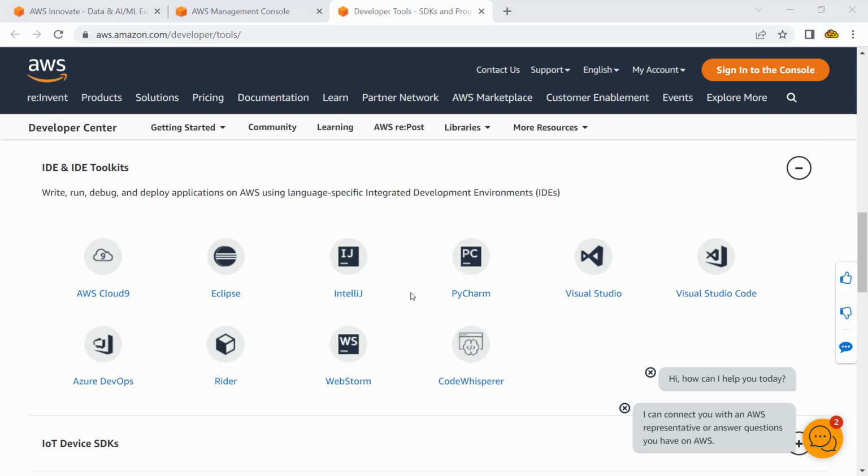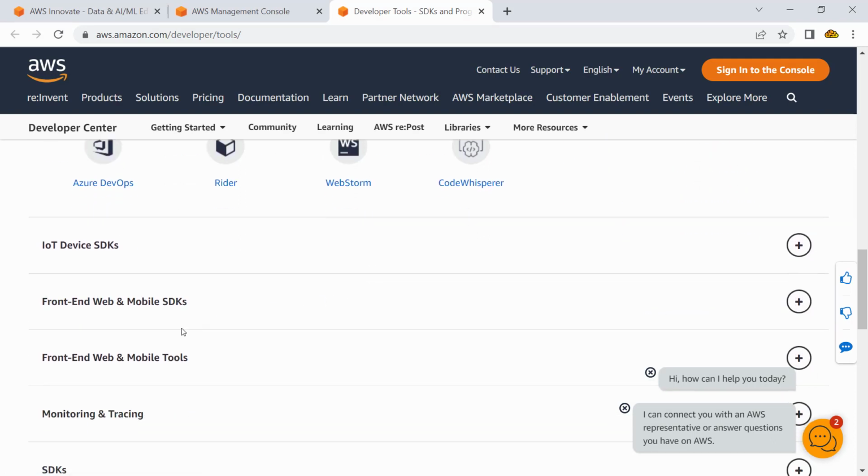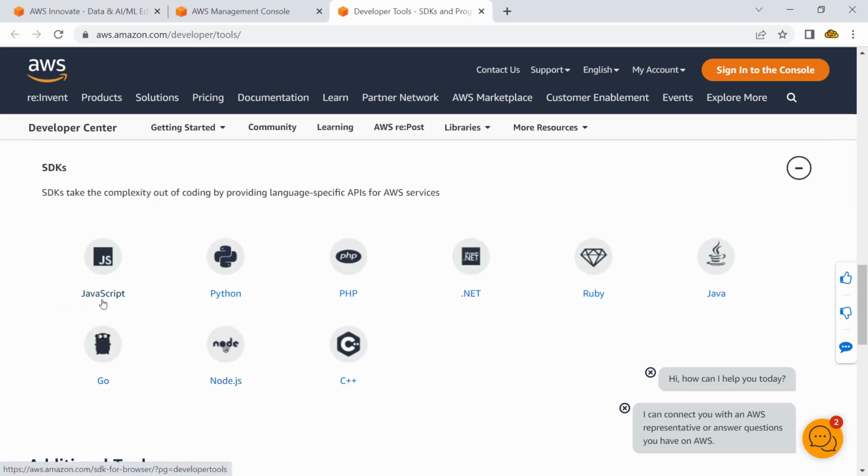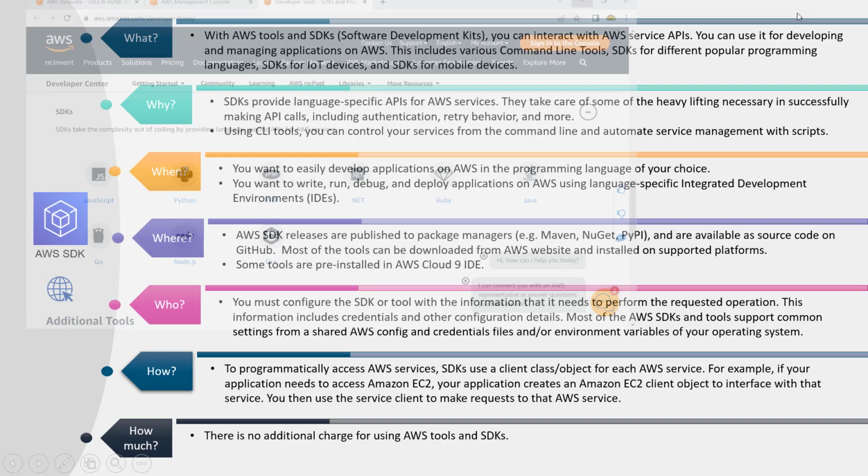Once these toolkits are ready and installed, my IDE, Integrated Development Environment, would allow me to directly talk to AWS services, and then I may utilize different SDKs, like for JavaScript, PHP, .NET, Ruby, Node.js, C++. These are commonly used SDKs which you could download and get started. All right, so hope this is clear.